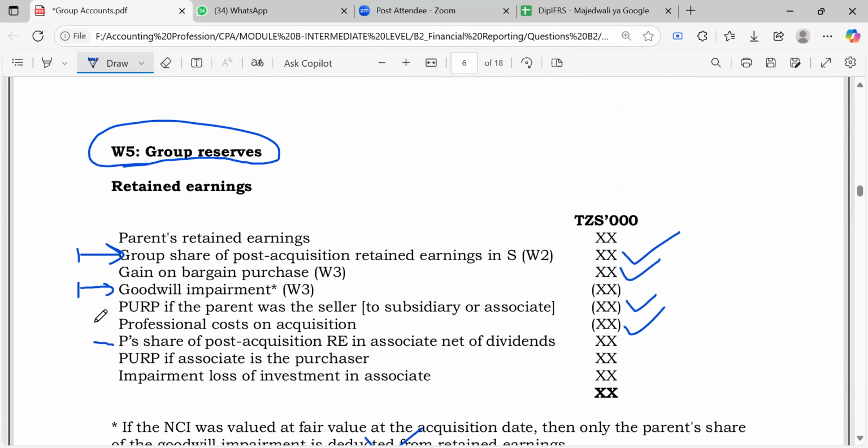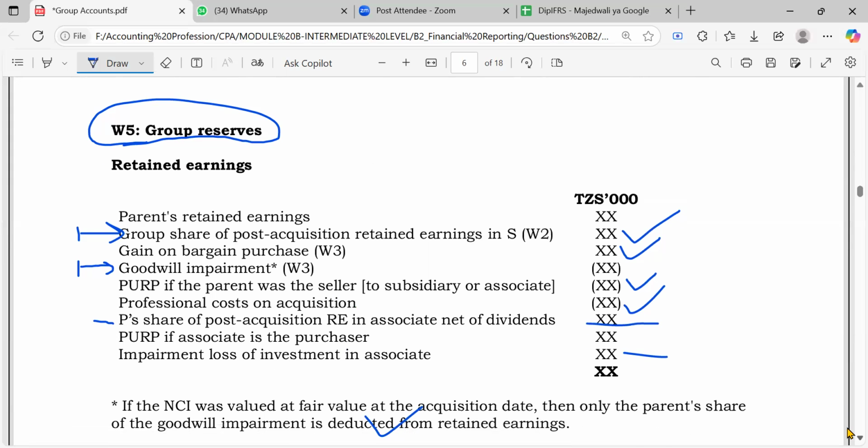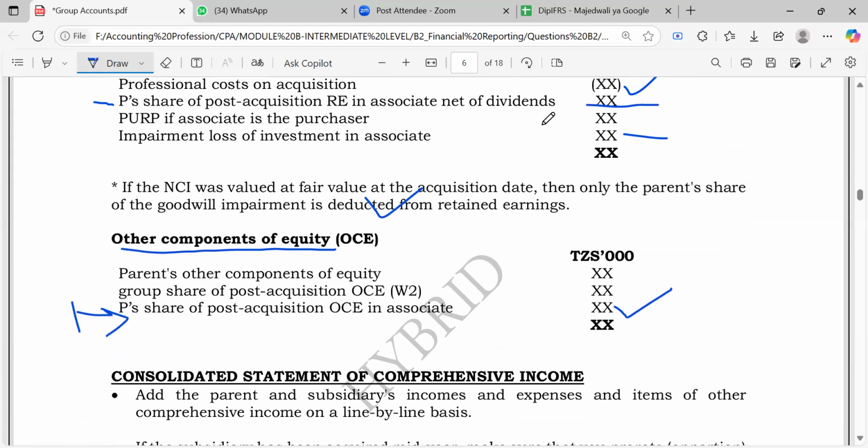Whatever remains, we'll also see how to deal with impairment of associates. If you have an associate, we can reduce the impairment loss of investment in your associate this year. And maybe if the associate made a profit of 100,000, and you own 20%, you take the 20% of that, and you also take it here. You would also see it here. As of now, of course, we have not gone through the associates, so there couldn't be much that you can